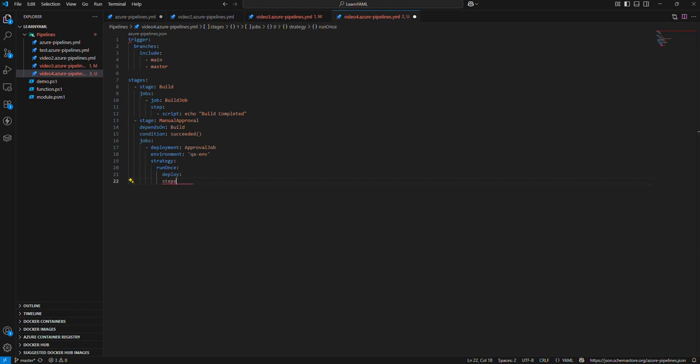steps, and then two spaces, hyphen script equals to echo deploying after the approval. Okay, so let's save it, and then what we will do is we will open the